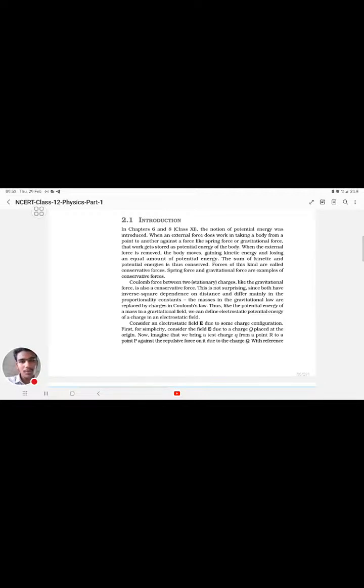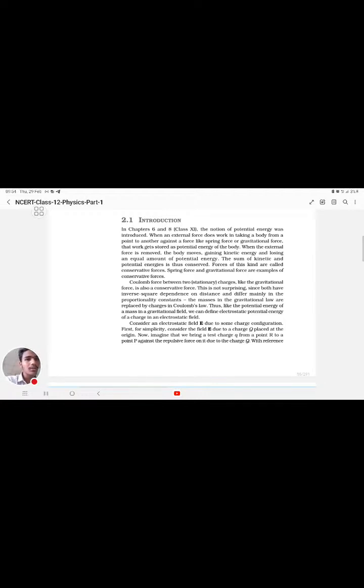So basically Coulomb force is conservative in nature, as gravitational force is conservative in nature, and both are related to each other in a similar manner, that is, both are inverse square laws. The proportionality constants are obviously different, and the charges are different as well. I mean, charges and masses are the counterparts of each other.